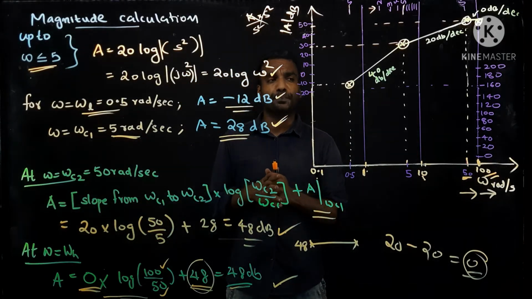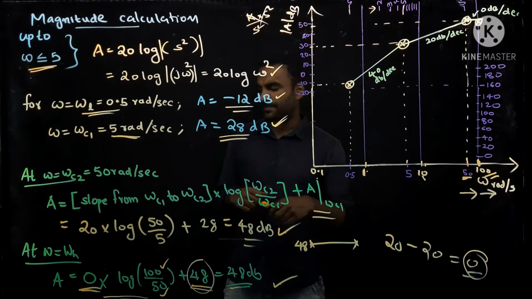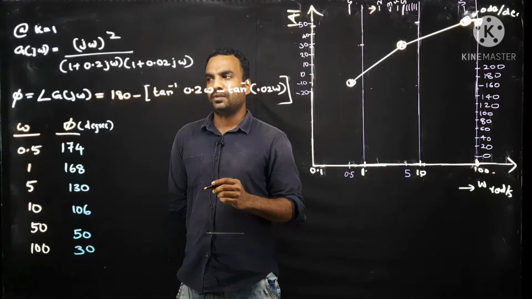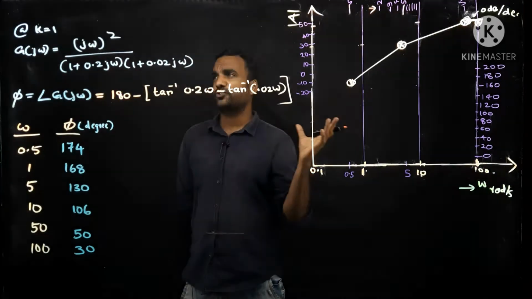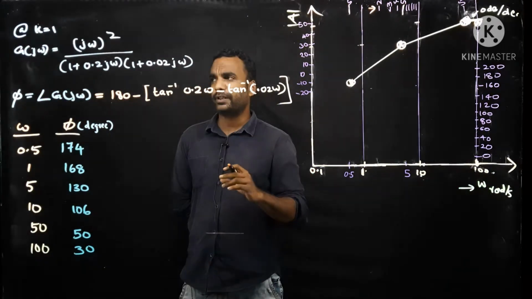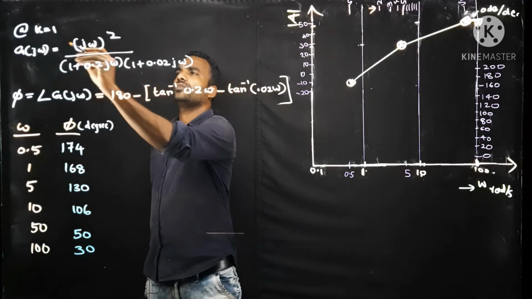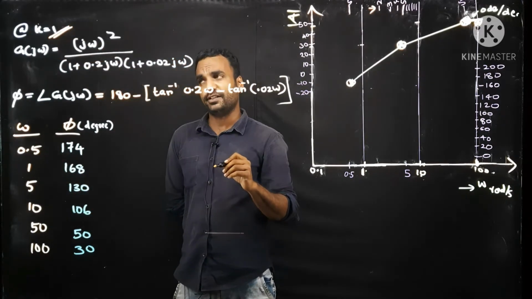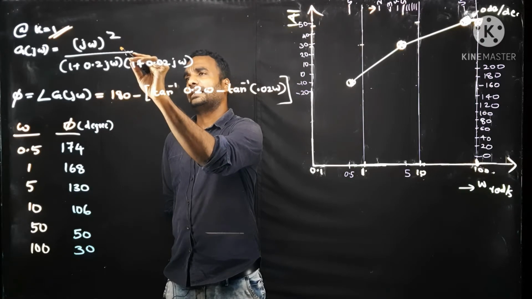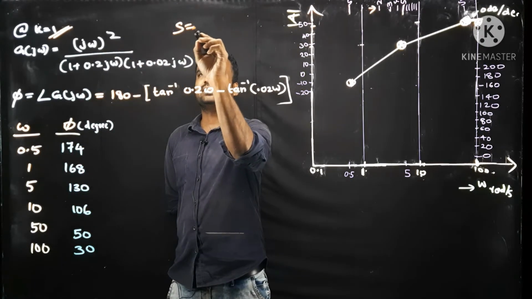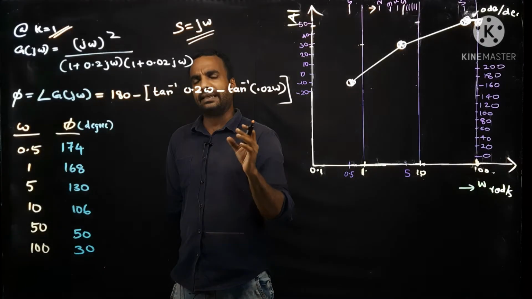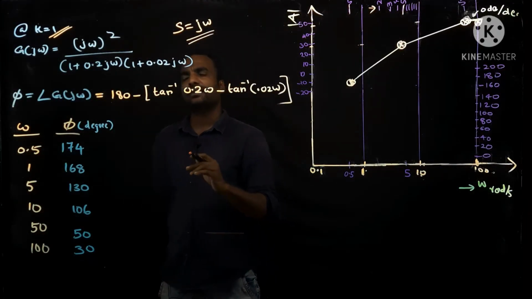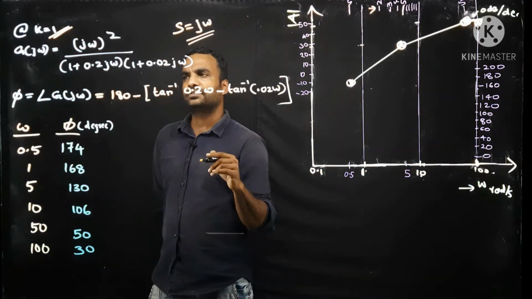Now I am going to plot the Bode phase plot by using the phase angle equation. After completing the drawing of the Bode magnitude plot, now it's time to draw the Bode phase plot. Anyhow, we know that k is assumed as 1 initially. So this will be the transfer function if we put s is equal to j omega. It is always better to put s is j omega in the initial stage. Then it is easy to split into both magnitude and phase.